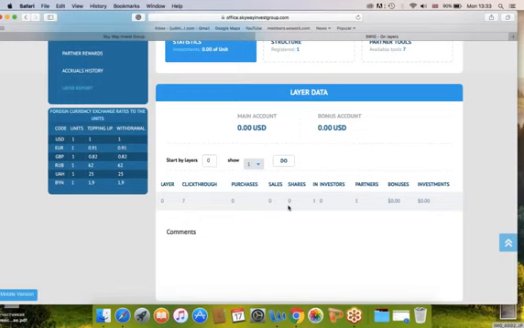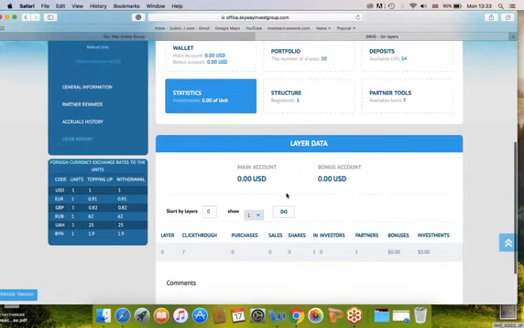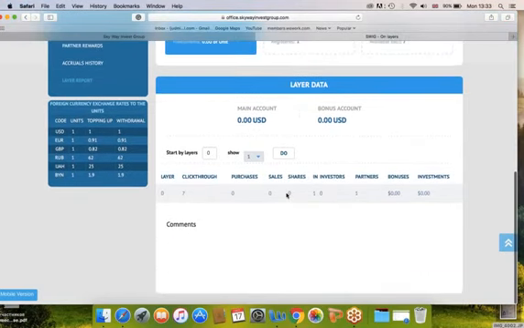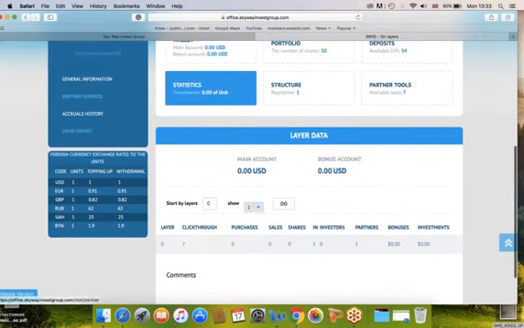Plus, if you want to share the success with your partners, you can take a print screen of this layer data or partner rewards and share it, because I know that some people achieve such great success using reward-based marketing that they accrue lots of shares in the bonus account just because they're signing up people under themselves. So it's really cool data for you to understand